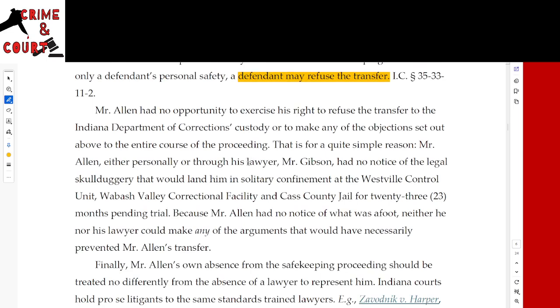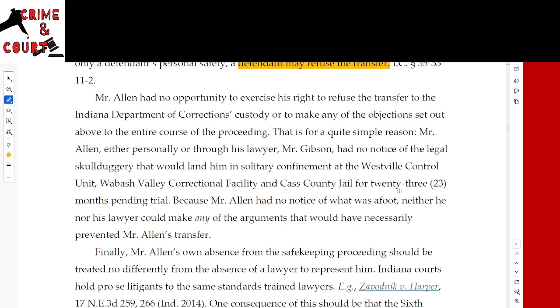Mr. Allen had no opportunity to exercise his rights to refuse the transfer to the Indiana Department of Corrections custody or to make any of the objections set out above the entire course of the proceeding. This is for a quite simple reason. Mr. Allen, either personally or through his lawyer, Mr. Gibson, had no notice of the legal skullduggery that would land him in solitary confinement at the Westville Control Unit, Wabash Valley Correctional Facility, and Cass County Jail for 23 months pending trial. Because Mr. Allen had no notice of what was afoot, neither he nor his lawyer could make any of the arguments that would have